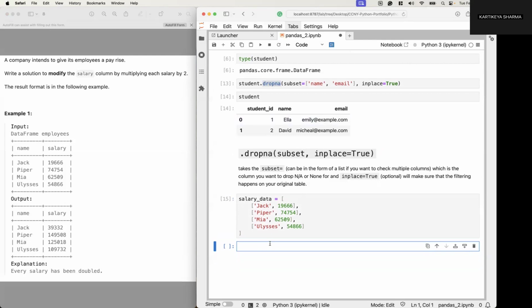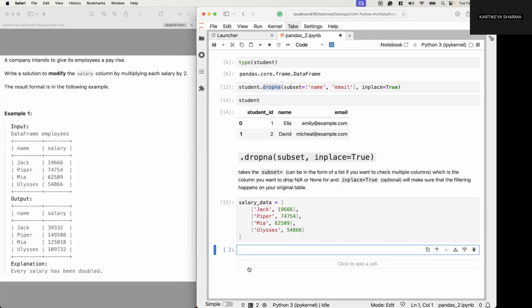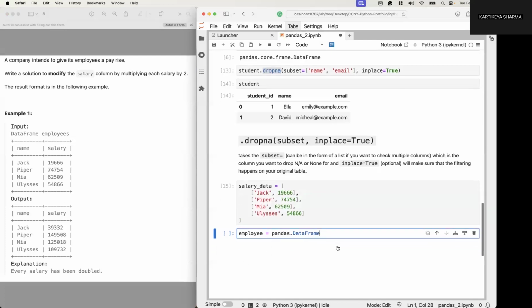and let's start creating our data frame. I'm going to call this the employee data frame. Again, we use the DataFrame from pandas. That's why we're writing pandas dot. And then for our data, we pass in our salary data. And for our columns, I'm just going to initialize it here since we only have 2 columns. Call it name, and the other is salary,